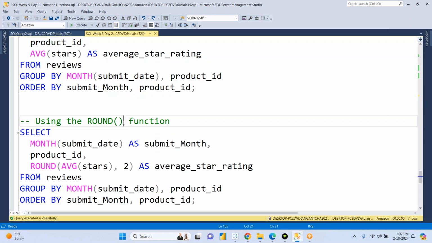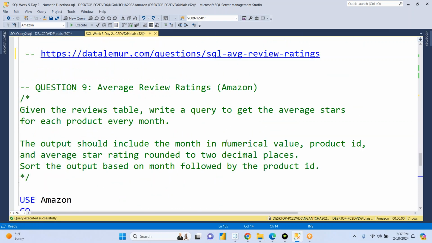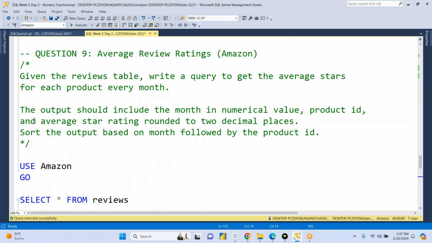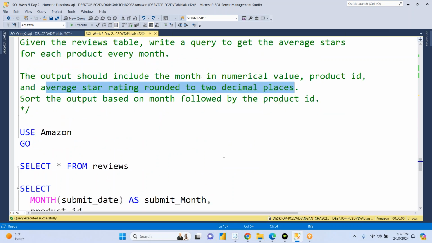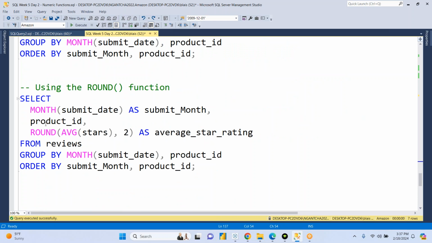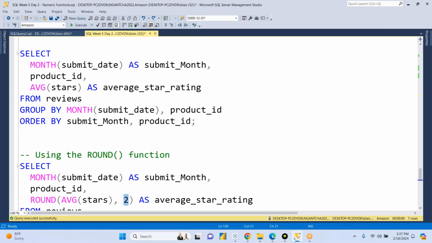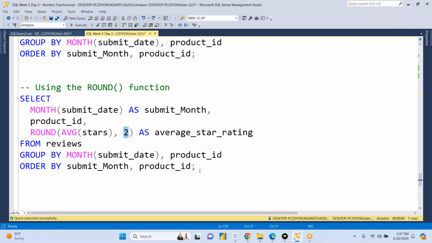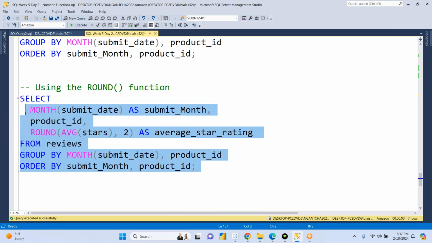Right. And then this is now the idea of rounding the average star rating to 2 decimal places. An average star rating rounded to 2 decimal places. See? So you now go back to the averaging, this is it. And you want to round up the average calculation to 2 decimal places. So I do them separately so that you see the flow. Now if I run this part,